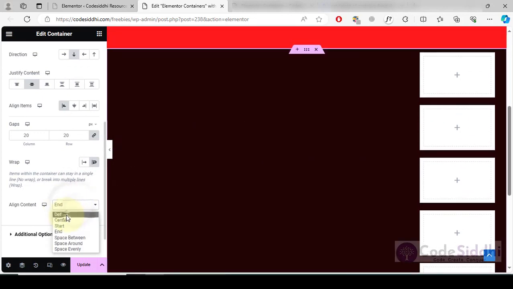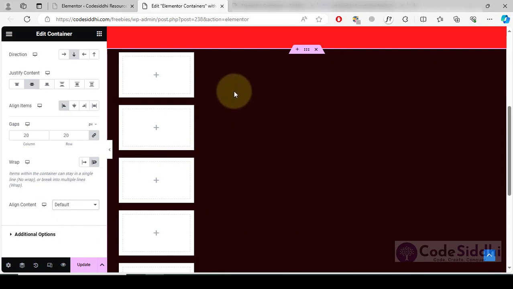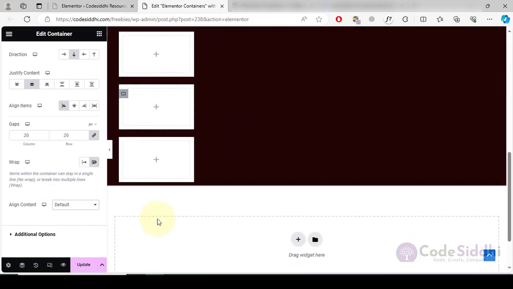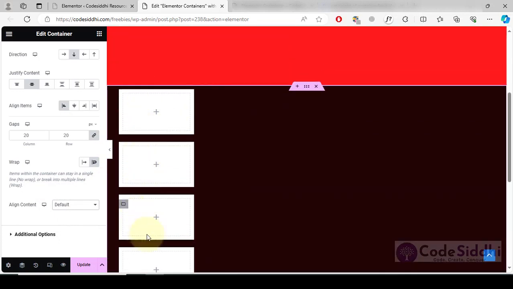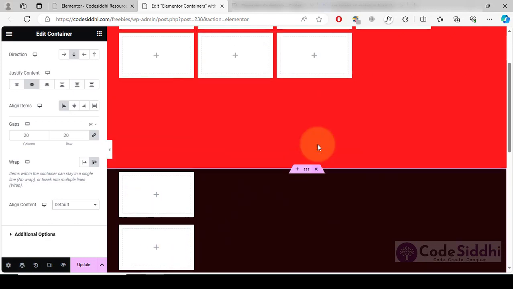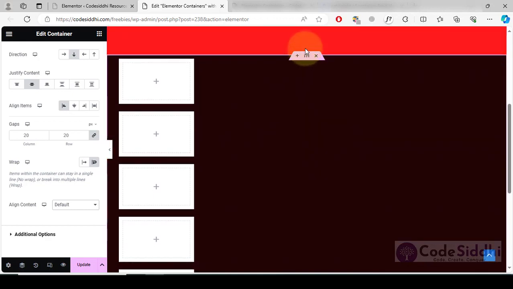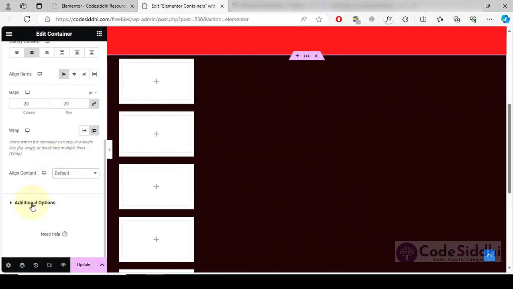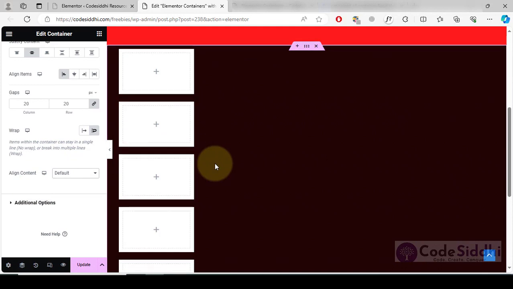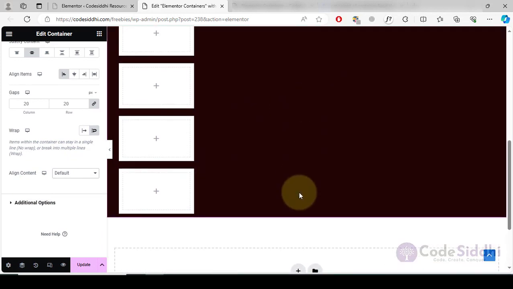this will be default here. So what will happen is the containers will wrap again here, 1 2 3 4 5, and then 1 2 3 4 5, and then 1 2 3 4 5, and then 1 2 3 4 5, right? So this way the wrapping works. You already have seen how it works here, but to demonstrate it, we will have to set this particular parent container's height to be fixed, but we don't have option to set fixed height for this container, I guess. So anyways, the height will keep on increasing if you add more